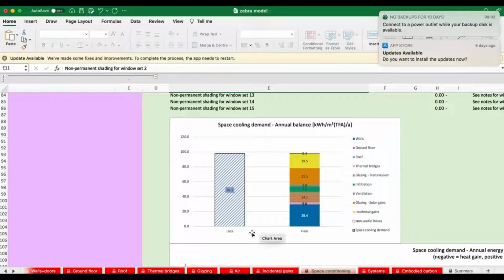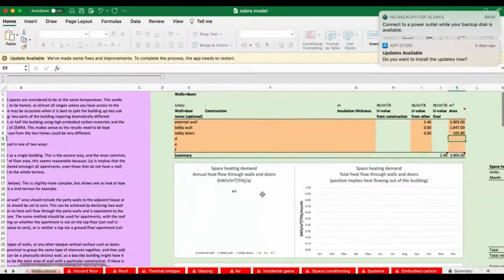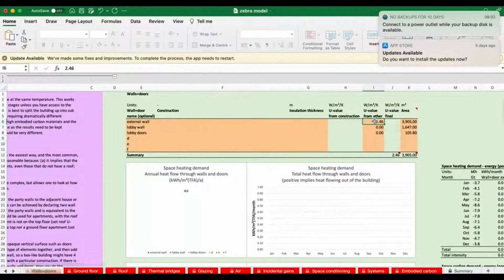Don't think that's important, be a waste of money. Okay. We go to walls. 0.3 into there.